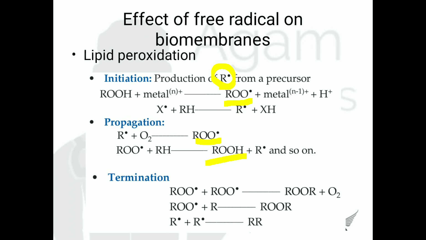In the initiation phase we first generated lipid peroxide. In the propagation phase, this lipid peroxide gives rise to another free radical, hydroperoxide. So one free radical is generated from another free radical in a neighboring molecule. This is called a chain reaction. Next, moving on to the last phase, the termination phase. Here the peroxyl radical reacts with another peroxyl radical and forms inactive products. The formed free radicals react with other free radicals and form inactive products.